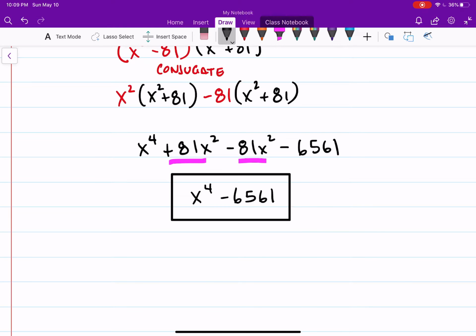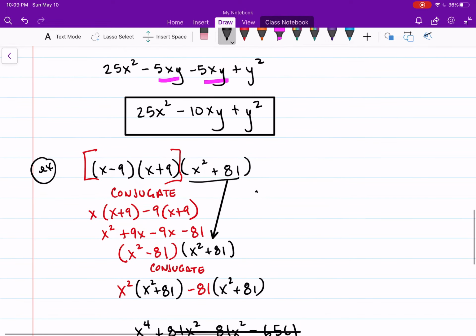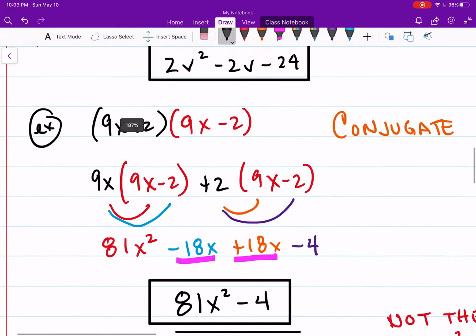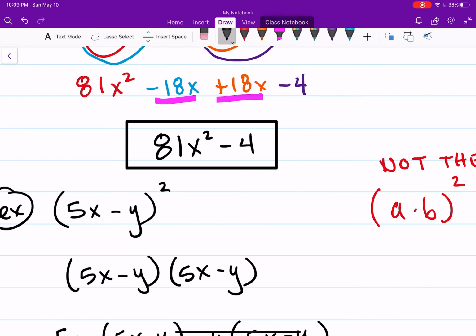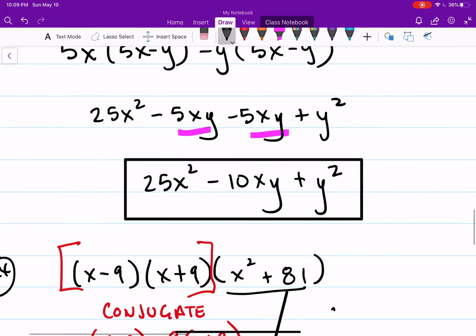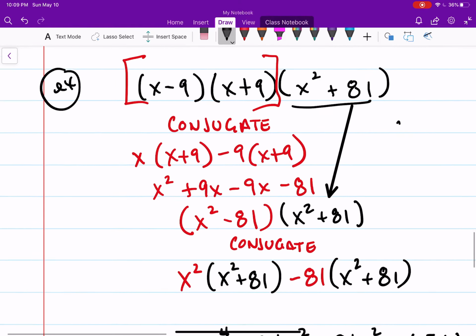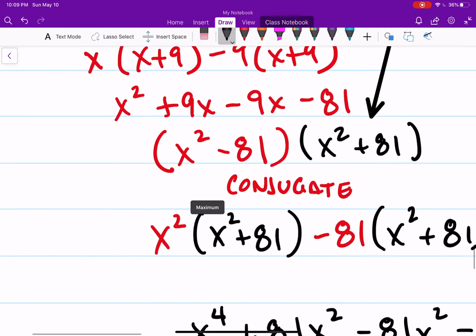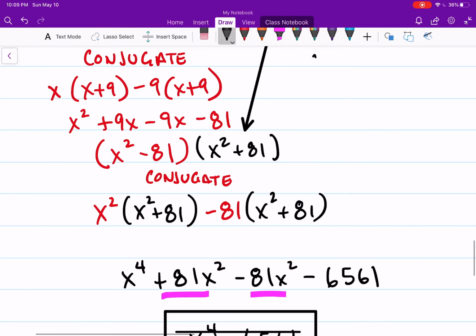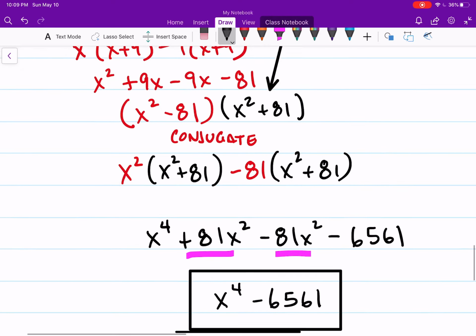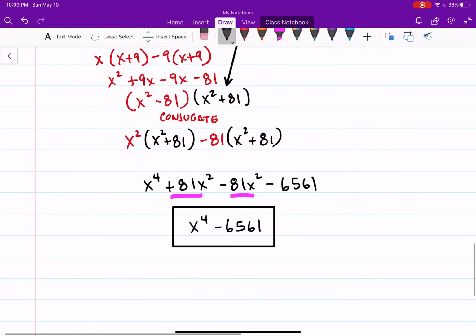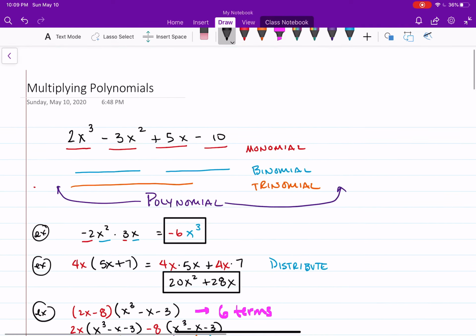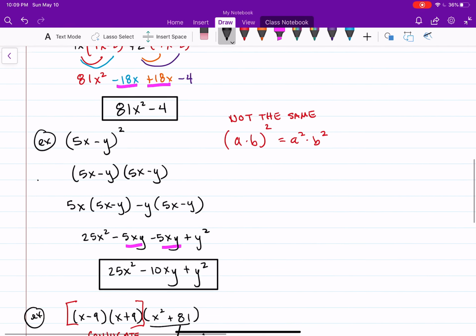Okay, so notice so far, we've done 3 things of conjugates. This was a conjugate. What did we get? 81x squared minus 4. We did a conjugate right here. And what was the result? X squared minus 81. Then we did another conjugate right here. What was the result? X to the fourth minus 6561. Okay? So just put that in mind as we're going on. All right? So this is multiplying polynomials. If you have any questions,